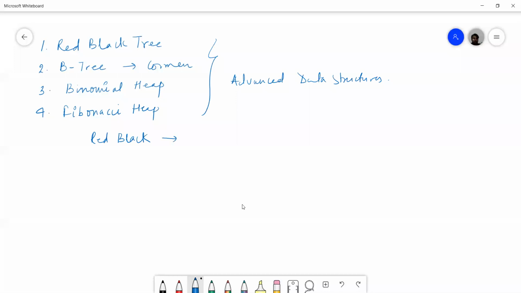So the first thing we have to know, I'm just going over it, tomorrow we'll discuss in detail, is that it is a binary search tree. Binary search tree means that obviously the left element will be less than the root and the right element will be greater than the root. And also this is balanced.